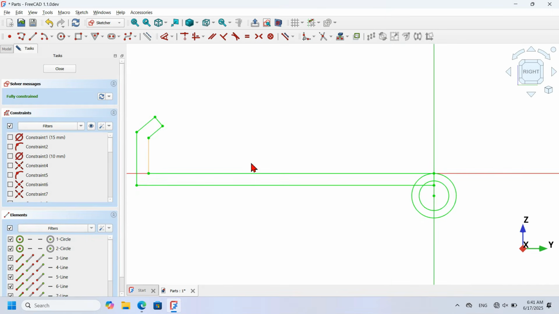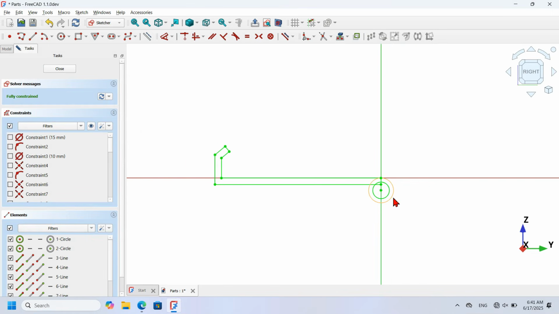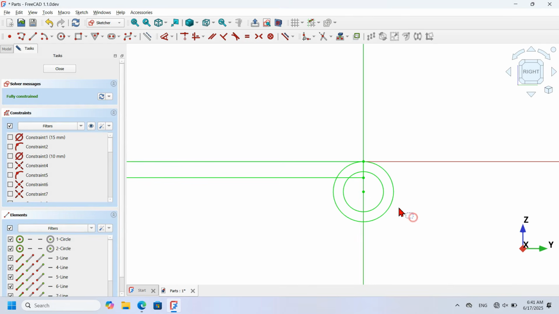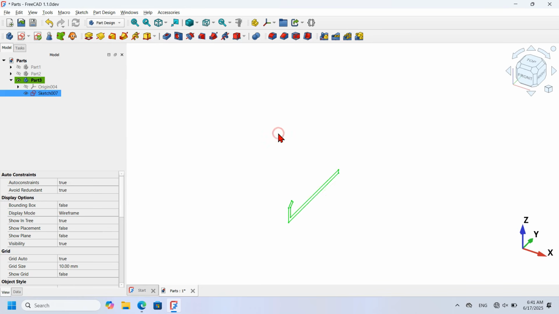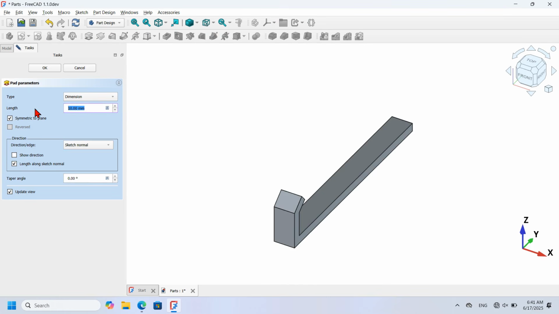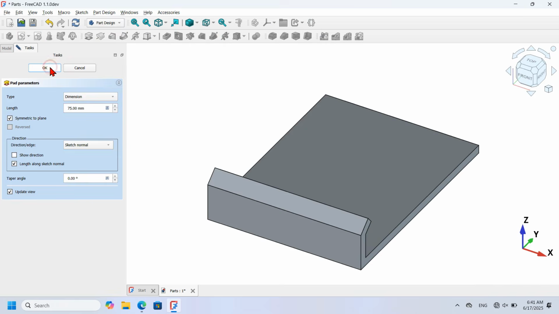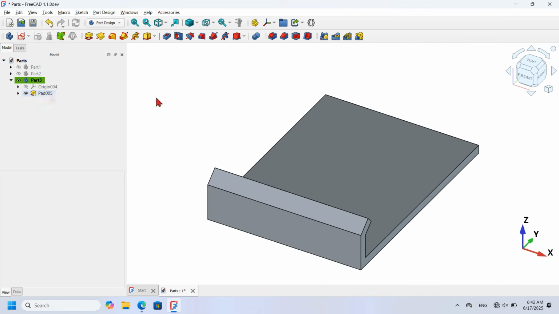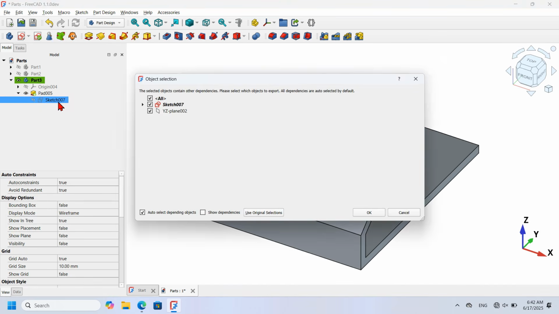Double click this icon to hide all constraints. And next, zoom in here, select these two geometries and change to construction geometries. Now close the sketch. Okay, press Home here and select the pad tool. So set 75 millimeters here and then press OK. Here we have this. Now go to this pad operation, expand the tree, select the sketch, Ctrl C, and now